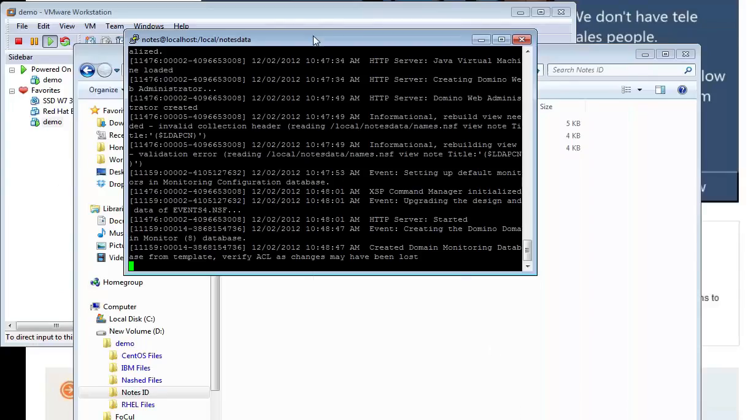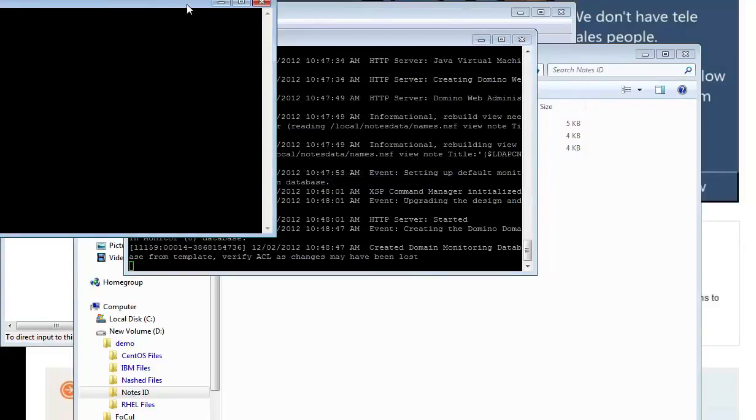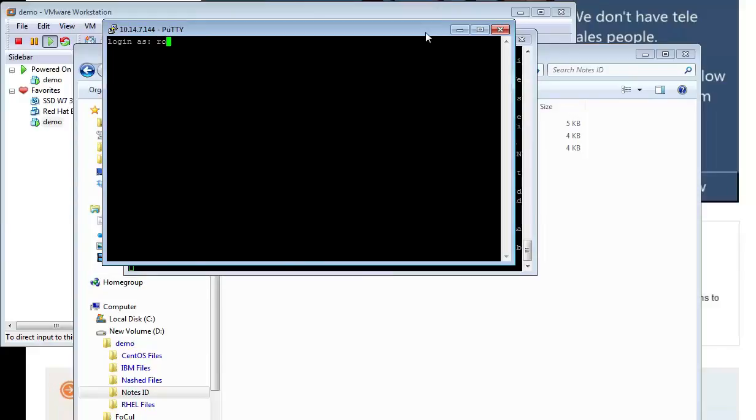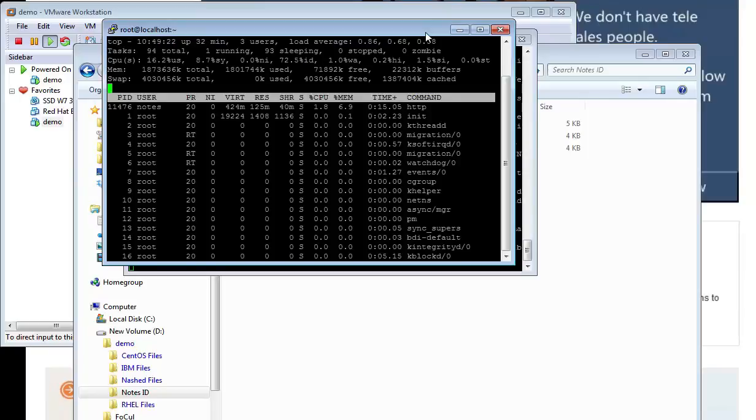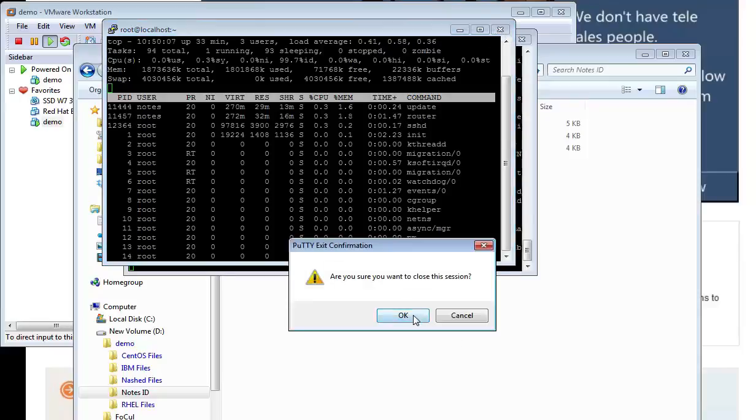Sorry, just going to start another session here. So we go duplicate session. And just log in there. Okay, and there's a useful command called top, which allows us to see how much CPU and memory and stuff has been used. And you can see there that server, which is the Lotus Notes server, is using very little, and that HTTP is using so little. There it is, using very little as well. So it's Linux, pretty efficient. Okay, so we're now going to stop the server,